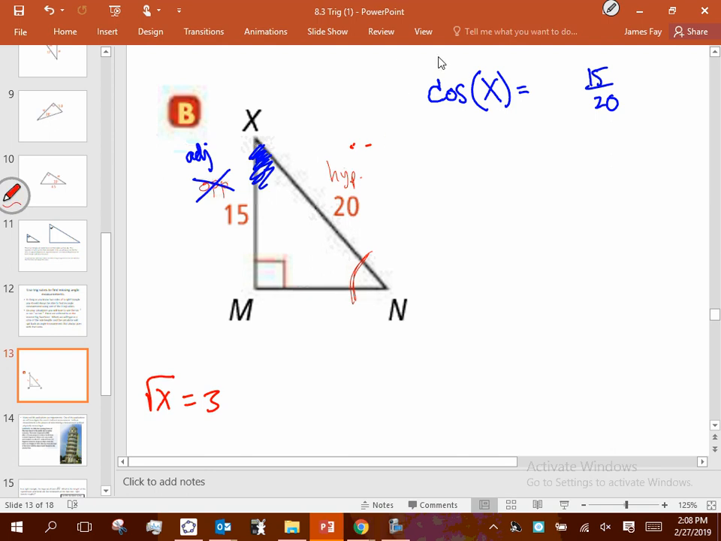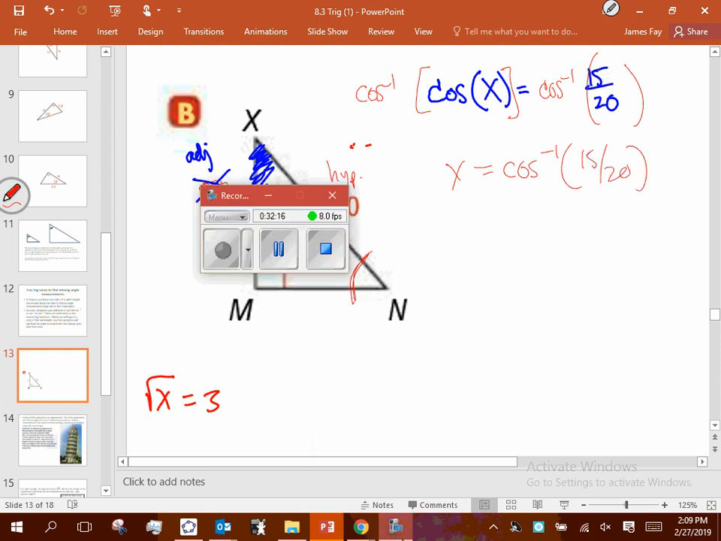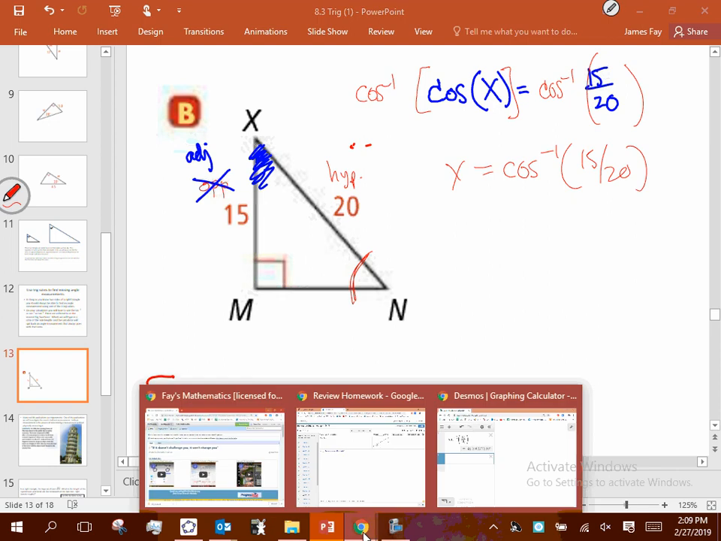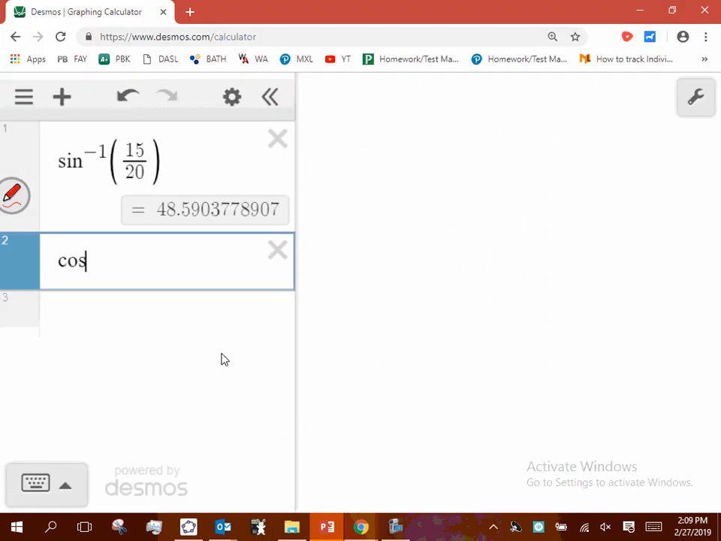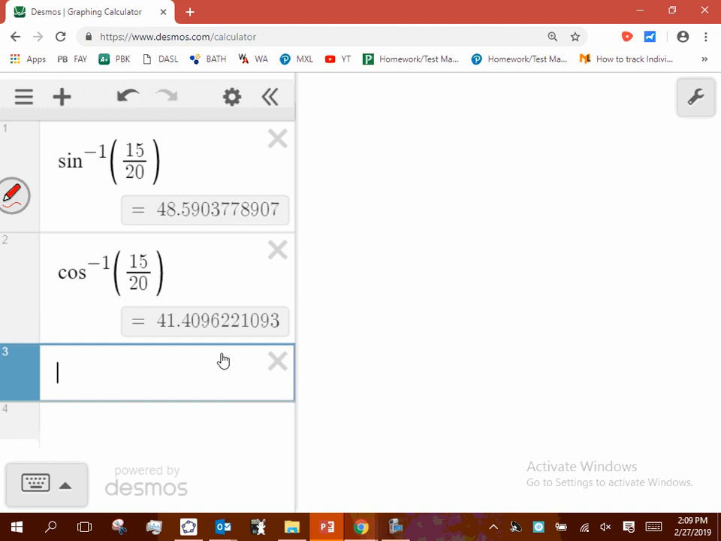How do I undo that number? Tell me that I've done this thing, that I solved for X and